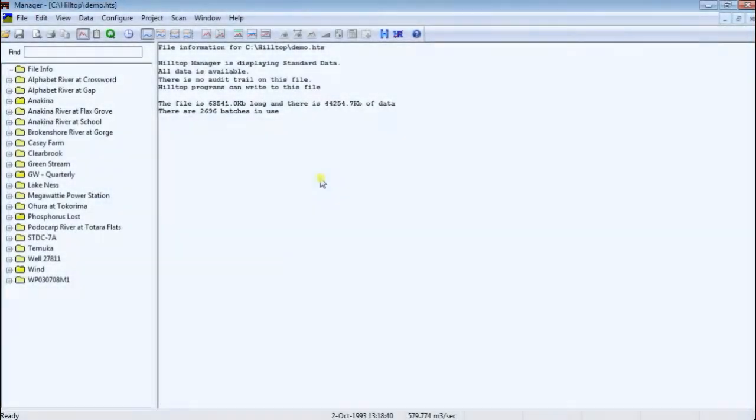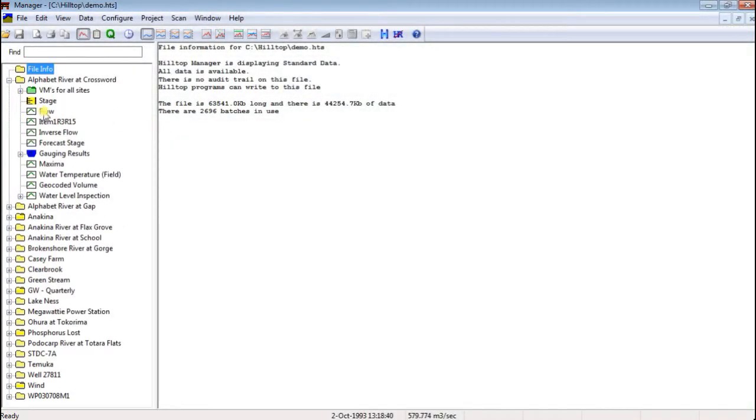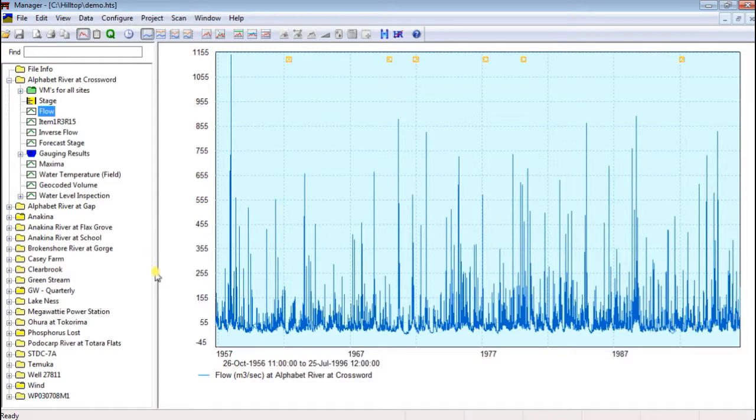To generate a graph in Hilltop Manager, you simply click on the measurement of interest in the tree control, and Manager will draw a graph of all the available data. Let's have a look at flow data for Alphabet River at Crossword. You can see there is data from 1956 to 1996, but I'm interested in what happened at the end of